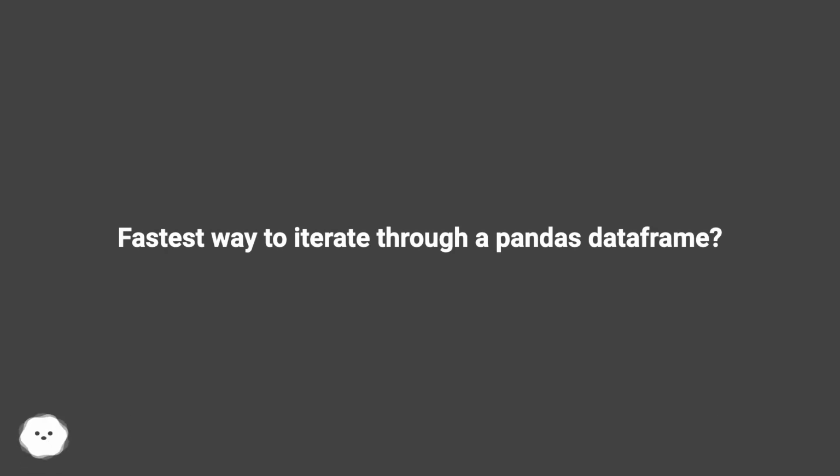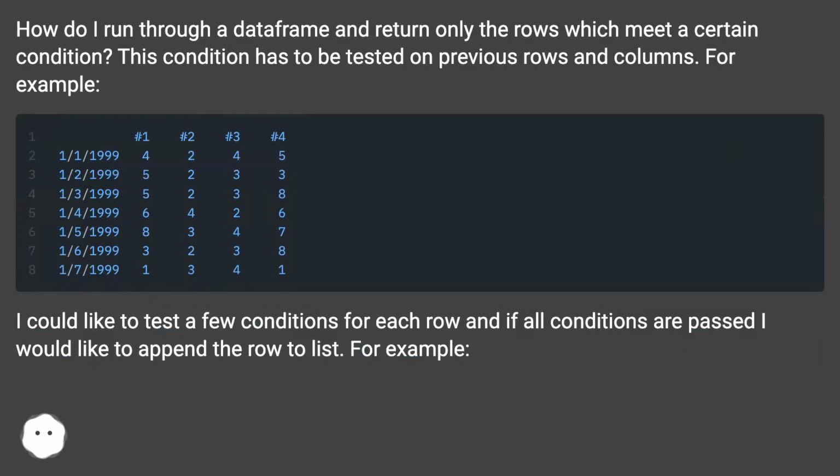Fastest way to iterate through a Pandas data frame? How do I run through a data frame and return only the rows which meet a certain condition? This condition has to be tested on previous rows and columns. For example,